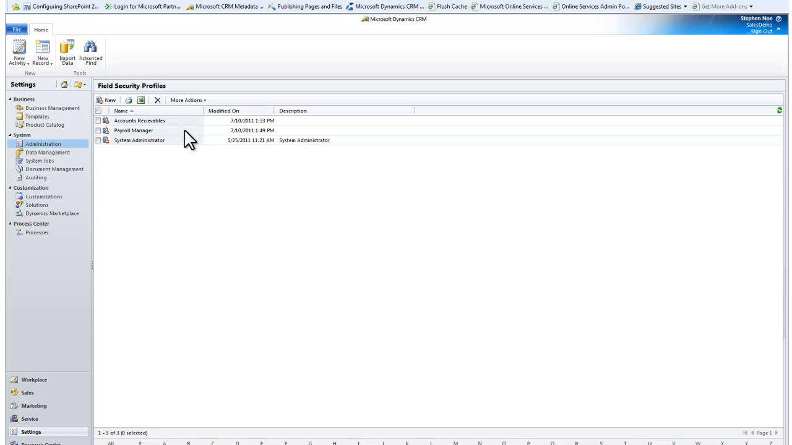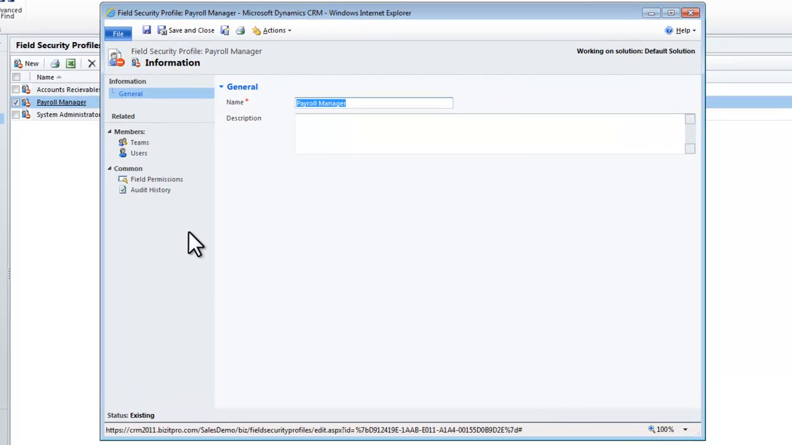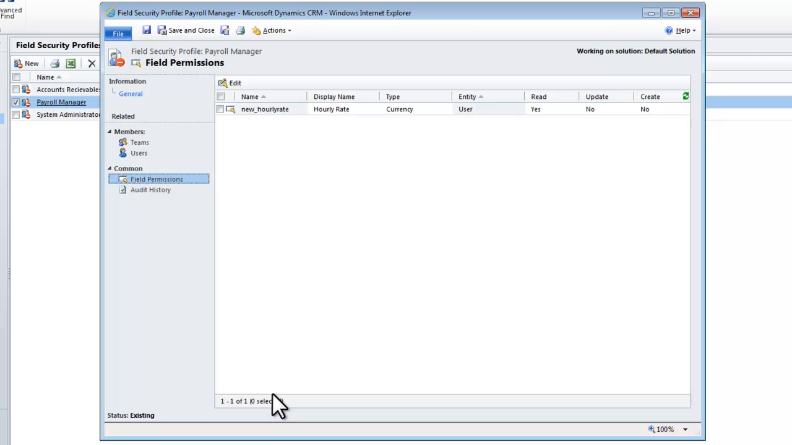So I would want the payroll manager to have access to this field. So I will open the payroll manager field security profile, which I created earlier for this example. The first thing that we want to take a look at in a field security profile is which field permissions are associated with this profile. In this particular case, what we have is the new hourly rate field is selected and is enabled with read